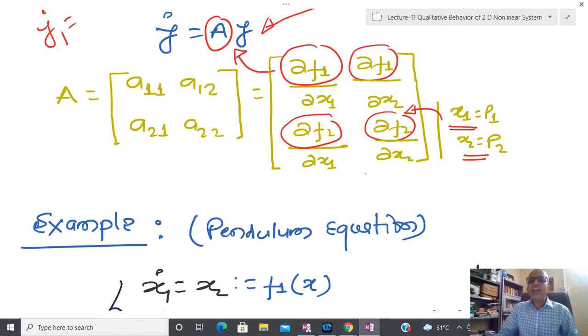So at that time I cannot apply this kind of linearization technique. Another restriction: the linearization technique is only valid about the equilibrium point. I do not know up to what extent that is valid, because we are saying it holds in some sufficient vicinity of the equilibrium point. How sufficiently close we are, I cannot